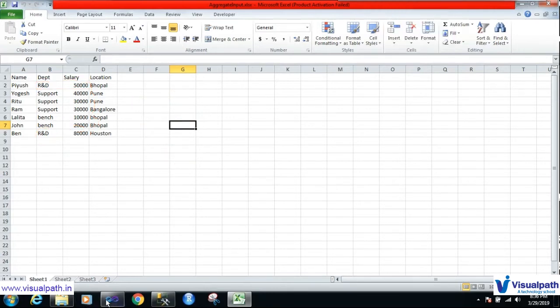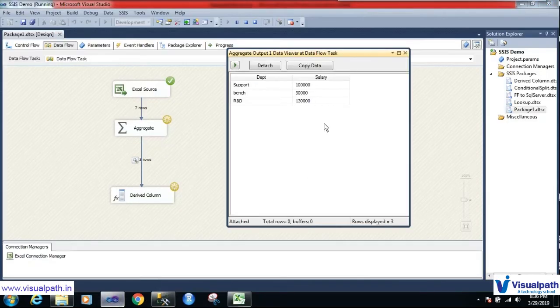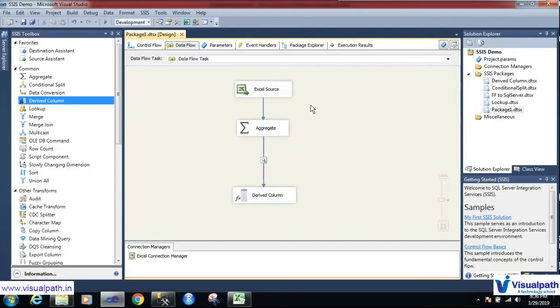Okay, this is all about aggregate. Click on stop the execution. So we have seen the lookup transformation and the aggregate transformation.